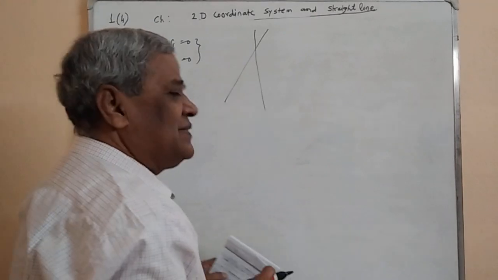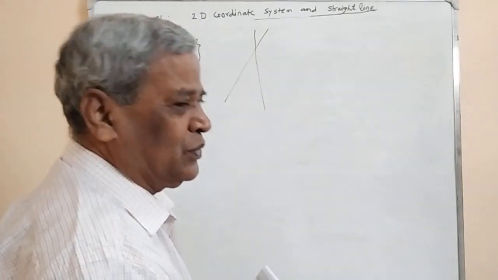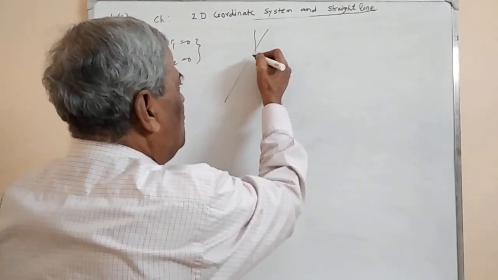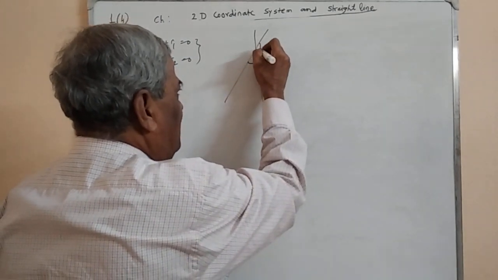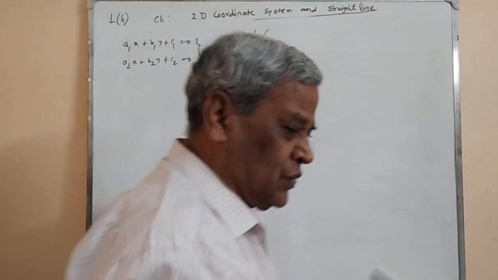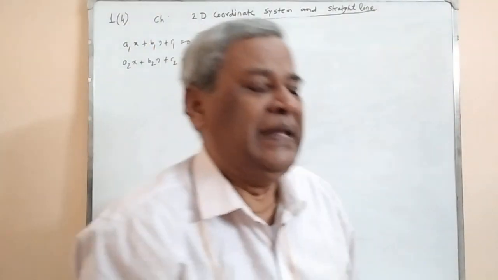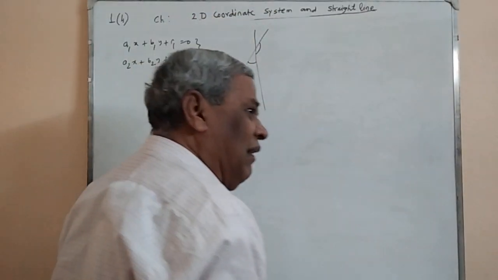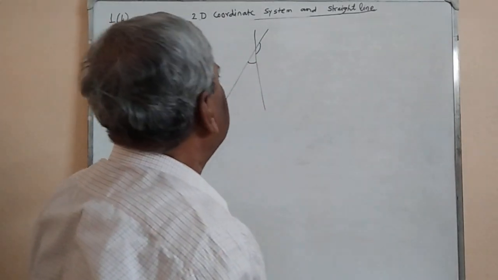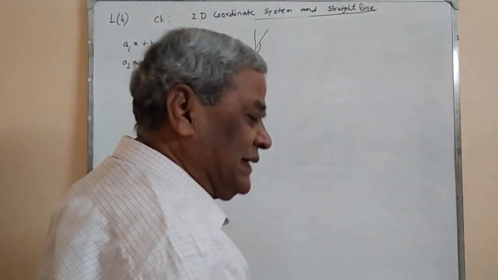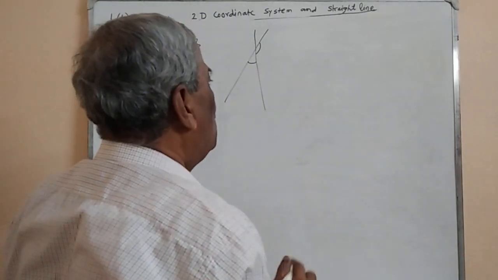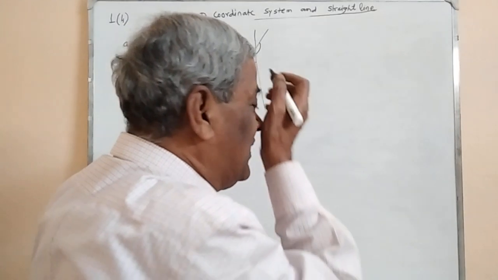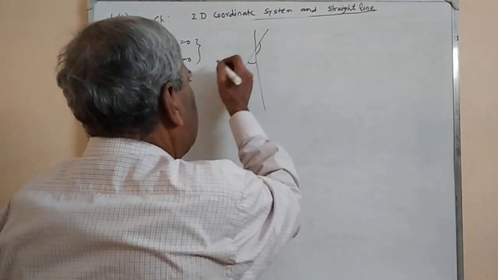These two straight lines make two angles. Number one is this angle and number two is that angle. Sometimes we have to find the angle bisector. To find the equation of bisector of the angle which contains the origin, it means suppose